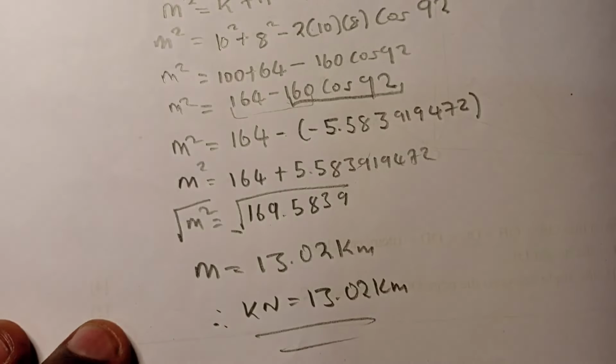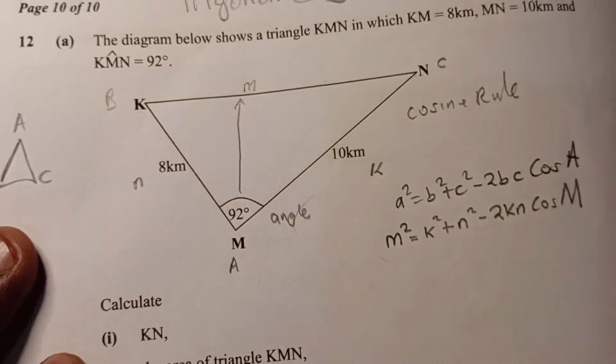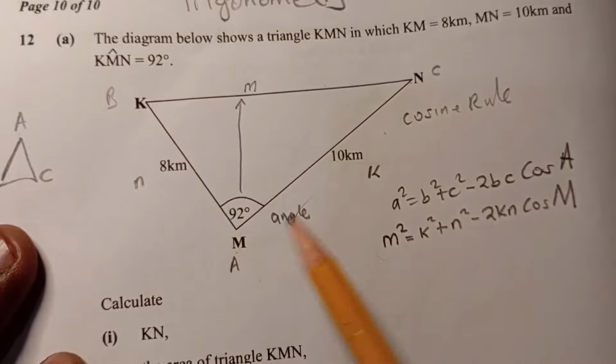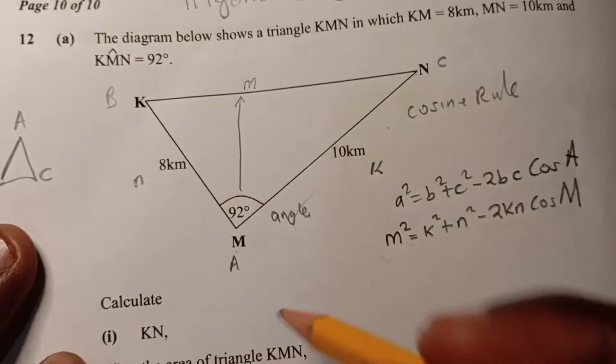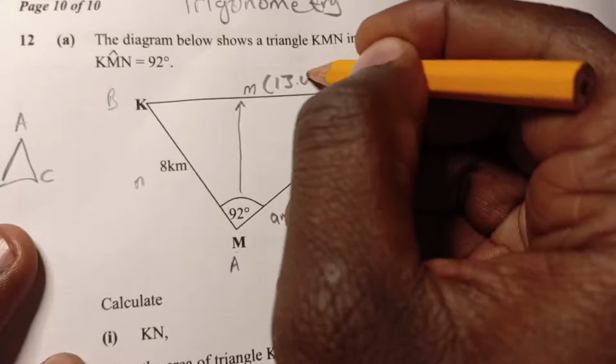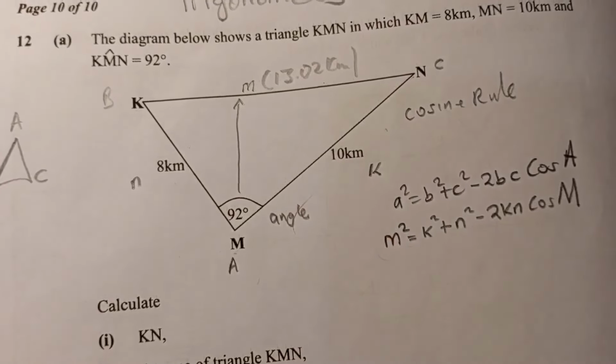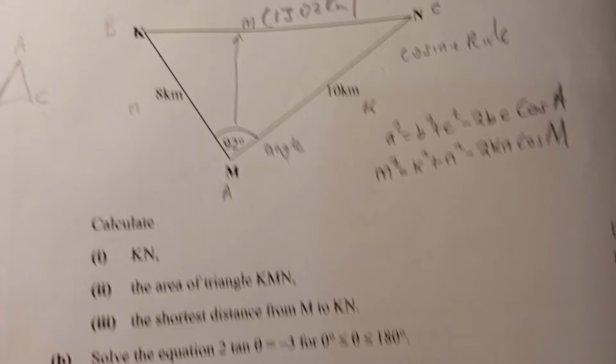Okay. Now your answer is supposed to make sense. This is 13.02. You look at your triangle here. This is 10 and this is 8, and this is longer than both of these. So it's making sense that this is 13.02 kilometers. You can just say 13 kilometers. Okay. Then the other question says